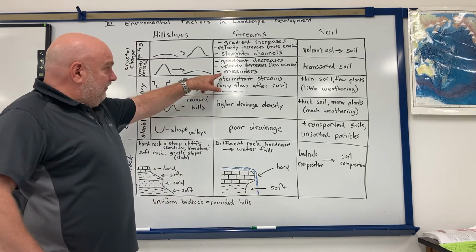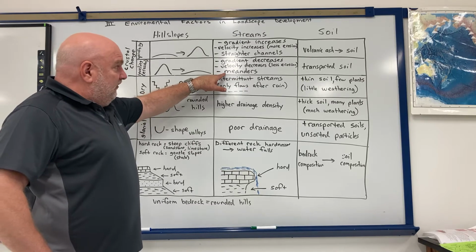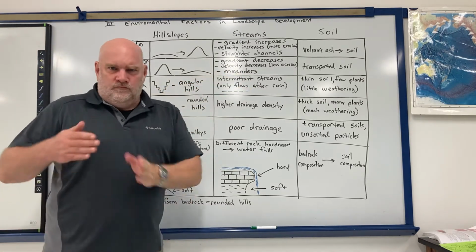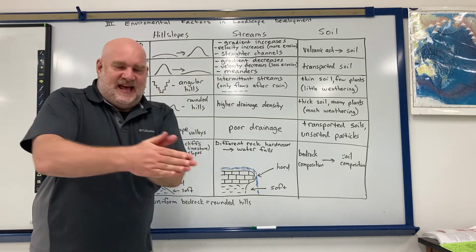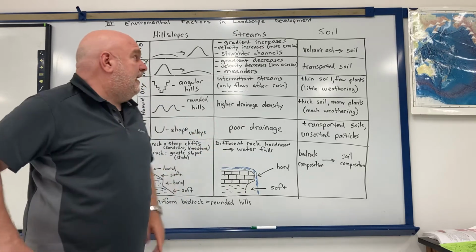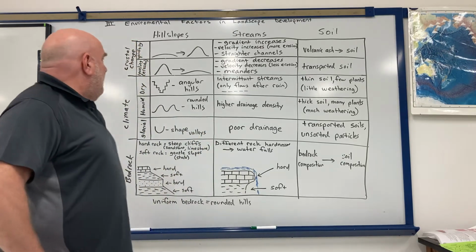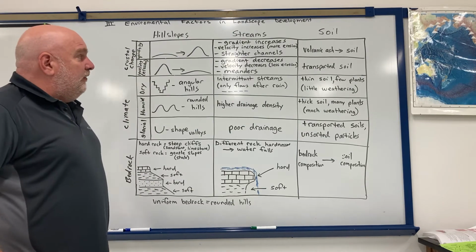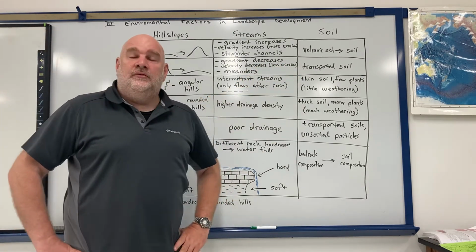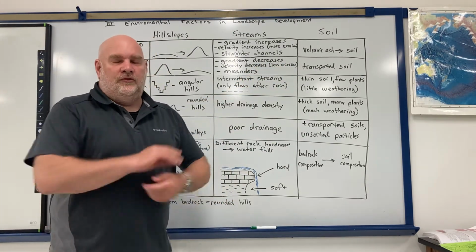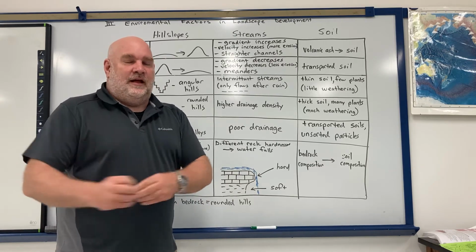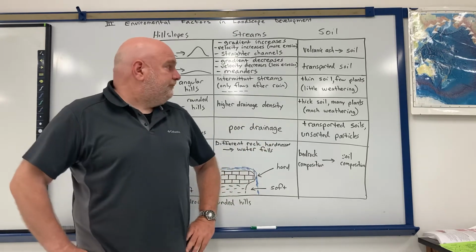As the streams become flatter, you're going to see more meanders in them. So the streams are going to zigzag back and forth more the flatter it gets. Now in areas that have lots of leveling forces, what we find is a lot of the soil there are transported soils. So the material came from someplace else and then was dumped in a new location.